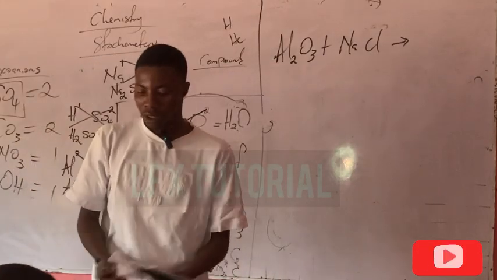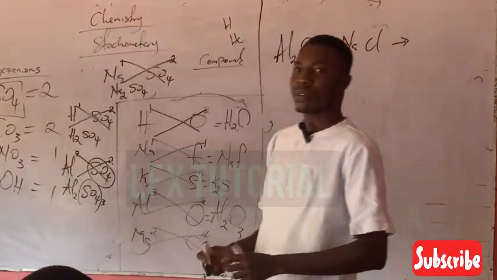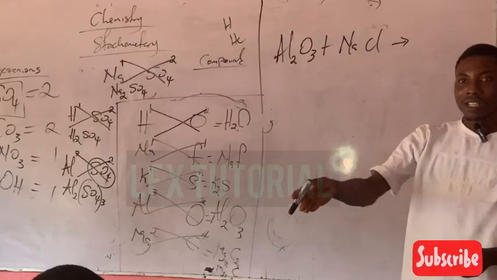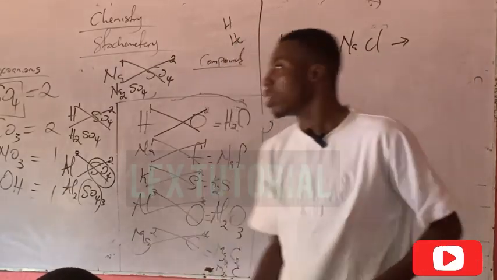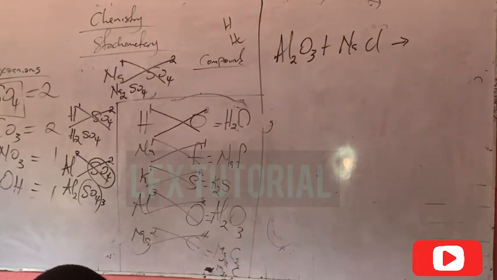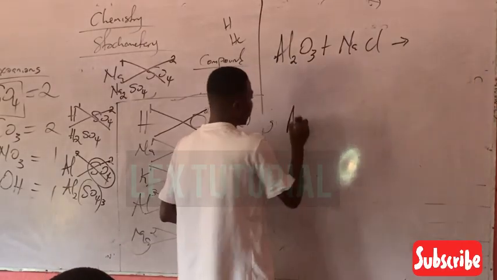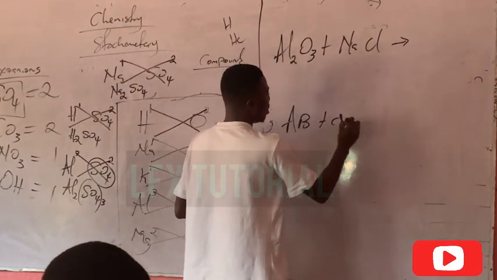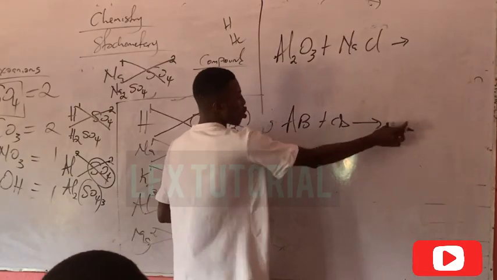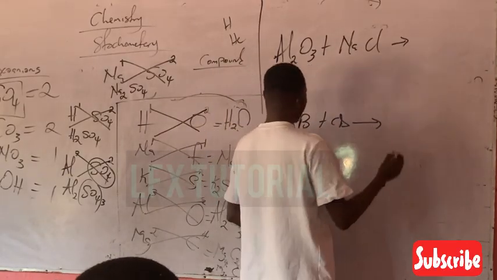Now, when you want to react, when you look at a chemical reaction, always have something like this. You have AB plus CD is going to give you, this means results to, maybe let me just say